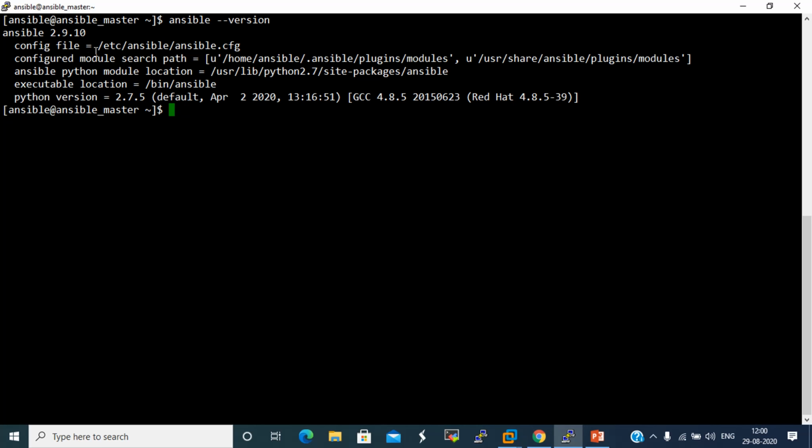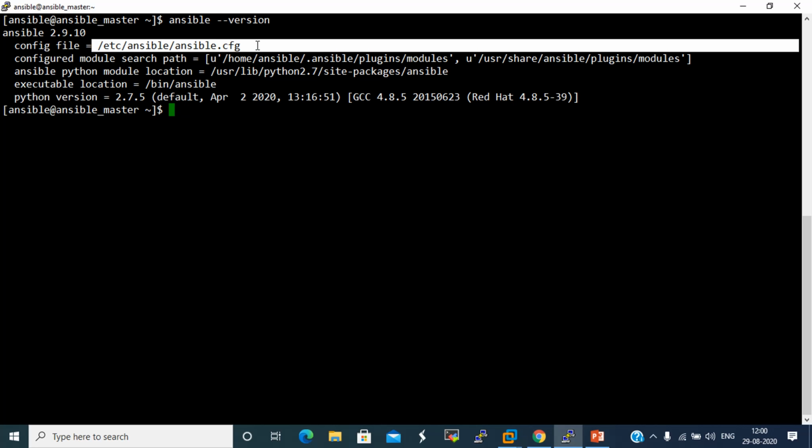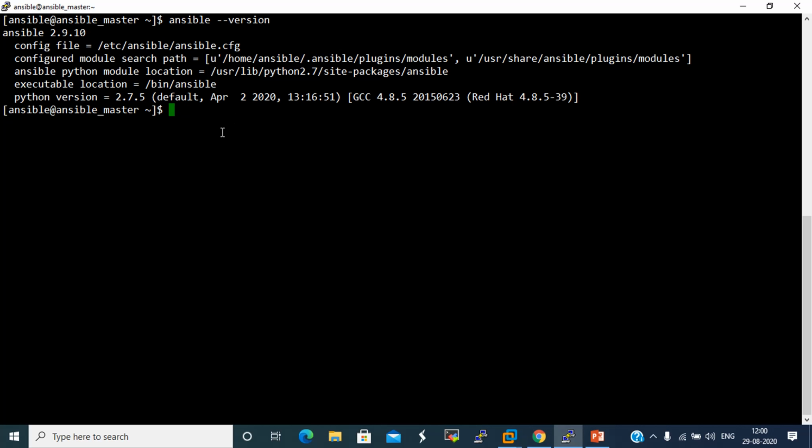It shows the configuration file at the default location, /etc/ansible/ansible.cfg. Now the user's home directory is /home/ansible.